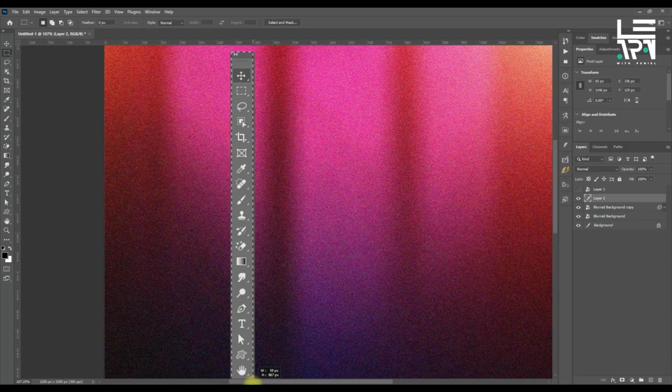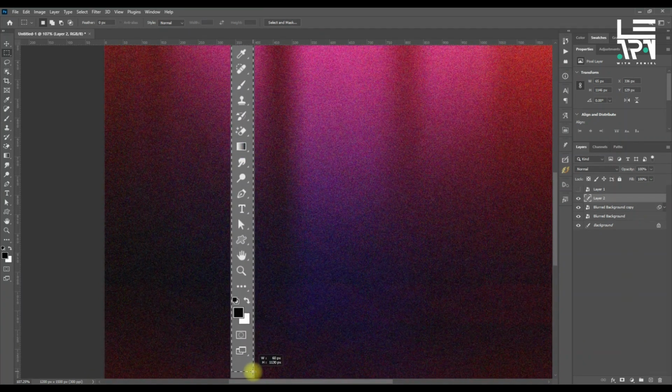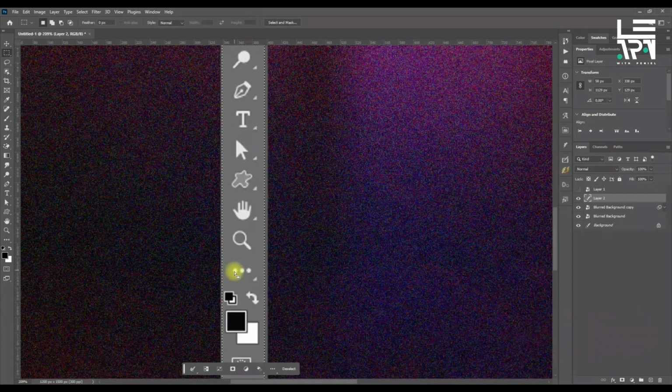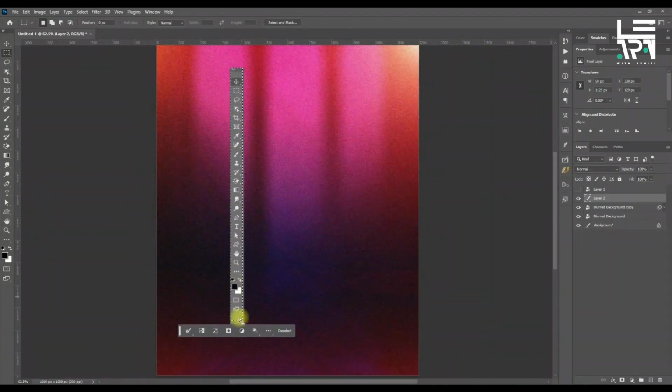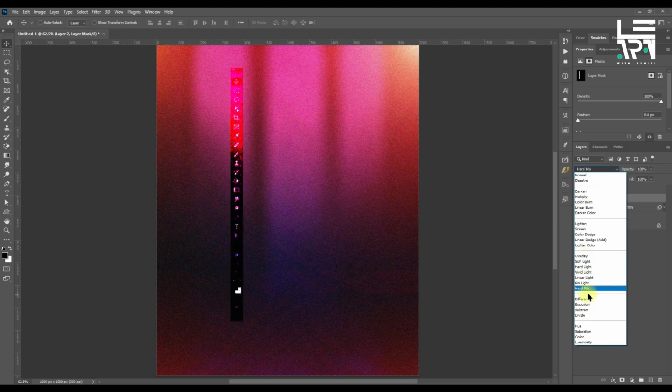Let's make a little selection around the object so that we can remove the edges, so that when you put it in the particular blend mode you want, it won't have rough edges. So when you're done selecting, you mask it. You click on mask and mask out the places you want, and then you go to pin light so that